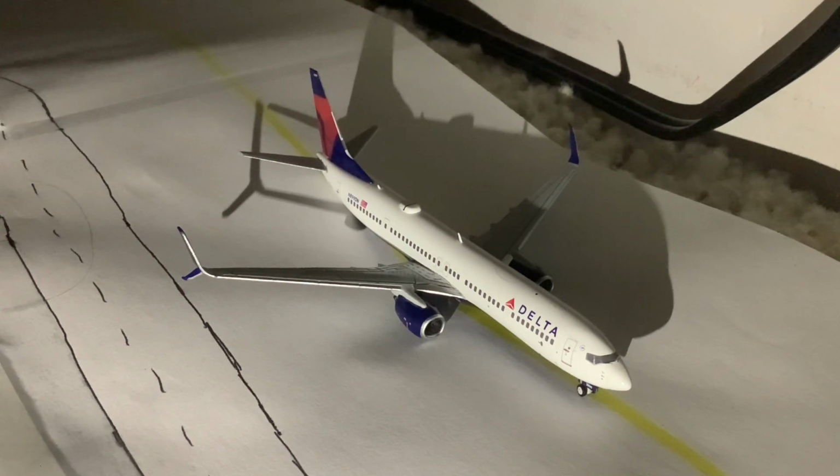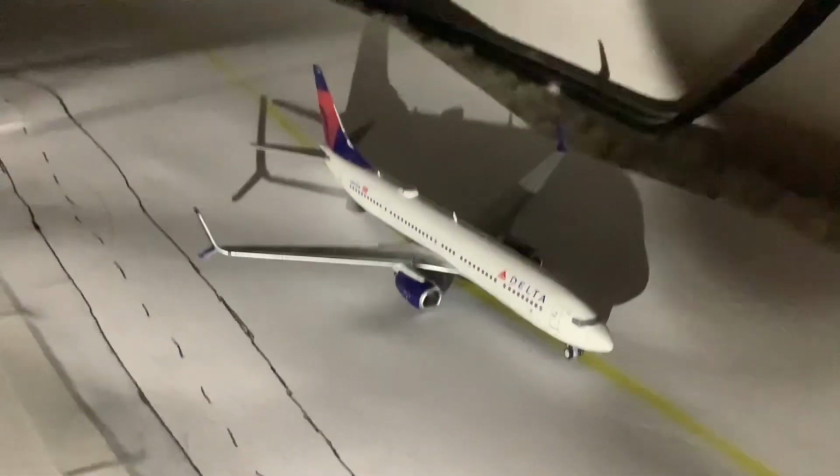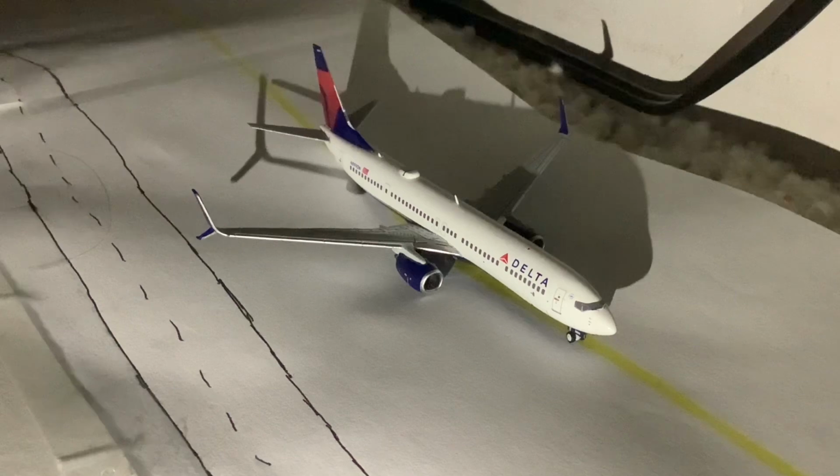And this is the final one. This one just arrived in and is taxiing in to its gate after arriving in from Atlanta. And we actually have some of the service vehicles here ready to service that aircraft once it pulls into its gate. Delta, nothing really. They've pretty much done nothing changed since the opening of the airport, as their only hub down here is